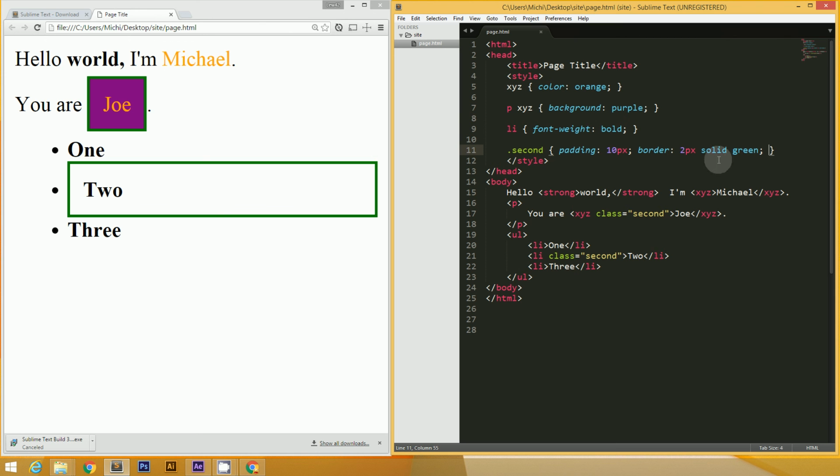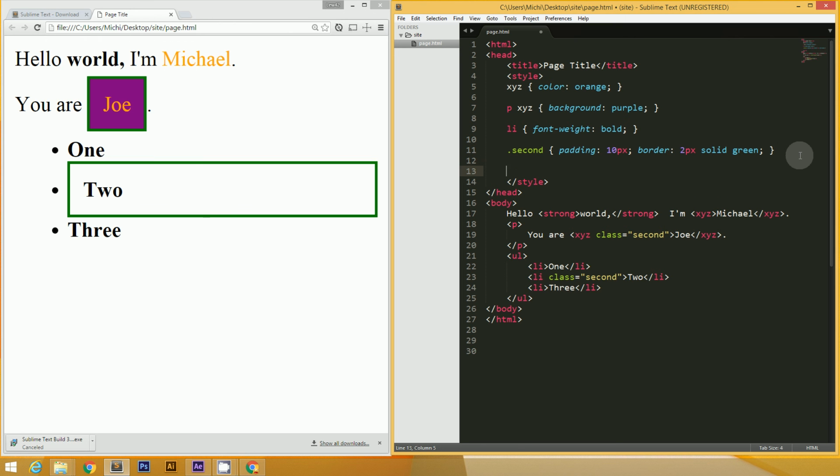It's a little bit of a tricky thing, but you don't run into it until you start getting a lot of crazy stuff going on. But yeah, so we can apply this class of second to any element, and it will inherit these properties. Now what we can do is create very complex selectors. Like if we wanted only list items with the class of second to have, I don't know,